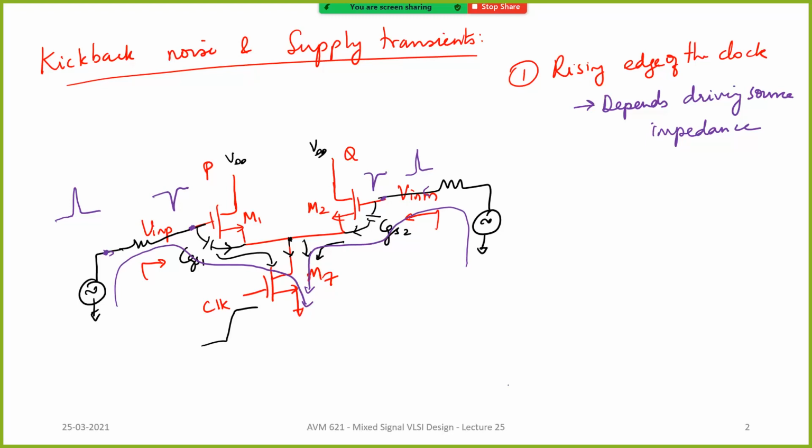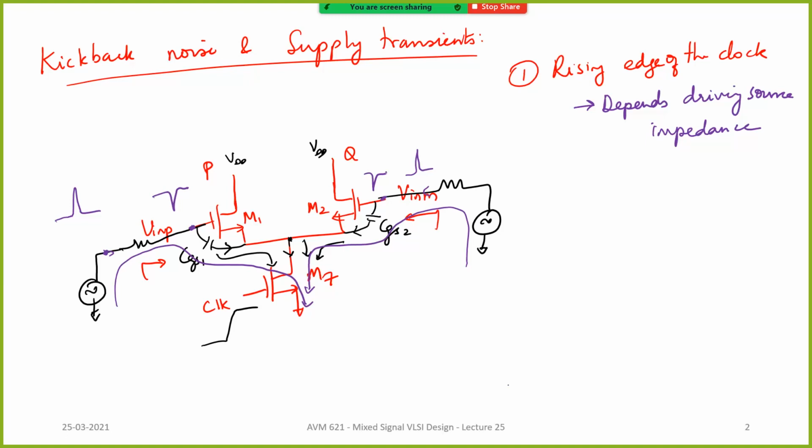So although I have modeled it here as a voltage source with a series resistance, in practice, what is it? It's basically some transistor, some output buffer, maybe a common drain, or a class AB amplifier driving this. Or for that matter, in an op amp, the second stage, or maybe a common drain output stage. So that transistor is going to drive this capacitance CGS1, CGS2, correct? And that current will basically cause a glitch at the input.